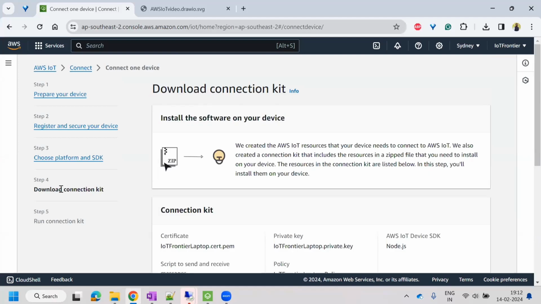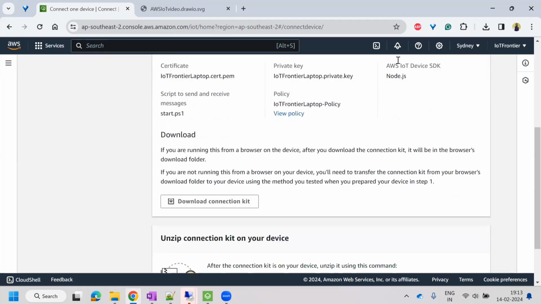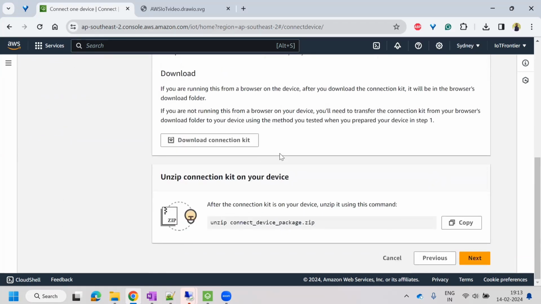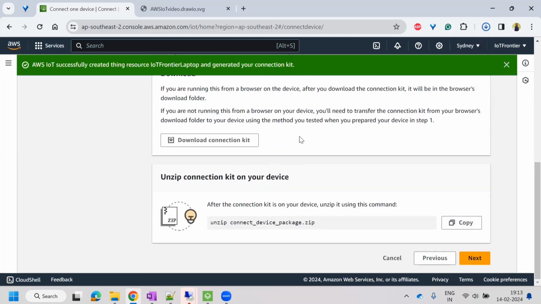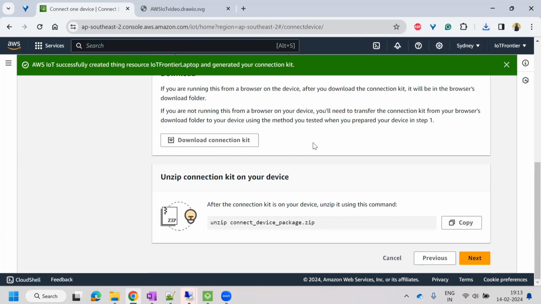Now we'll be having the 4th step where we have to download the connection kit. In this connection kit, we'll be having some certificates that we need to click on here to download. And we'll also be having some sample code by which we can send some messages to the AWS IoT Cloud. So first we need to unzip this using this command, or you can use your normal Windows Explorer.